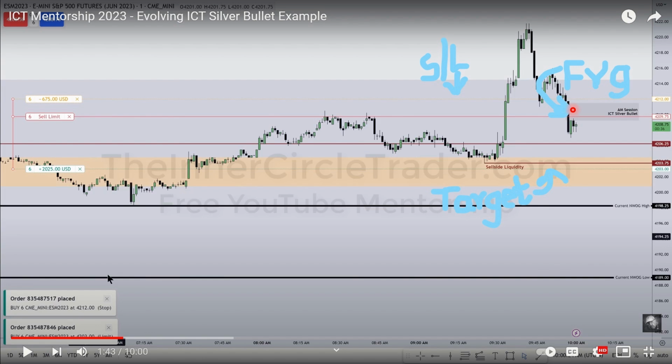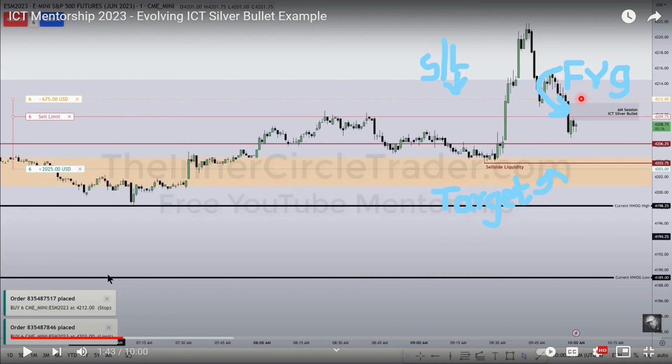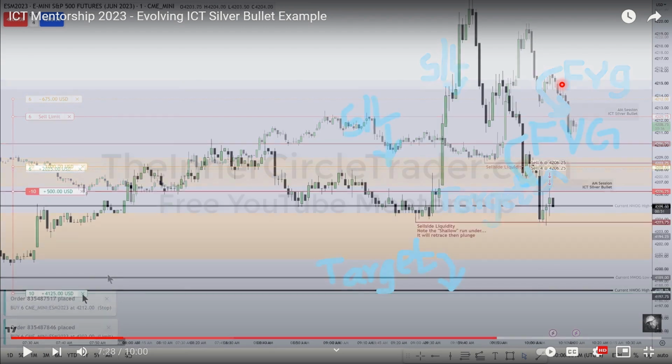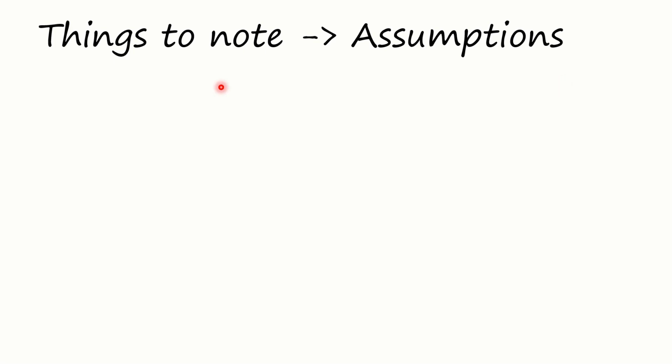So that is one. Two, the number of pips here between the edge of the fair value gap and the stop loss is not consistent across the trades. So there's some room for discretion in this strategy, and that is where you'll get a lot of variations of this strategy online. So with this in mind, let's go to some assumptions that I had to make when making the EA